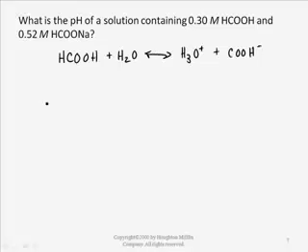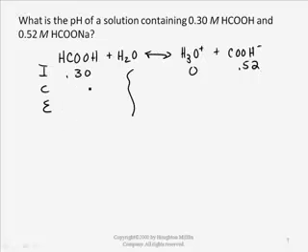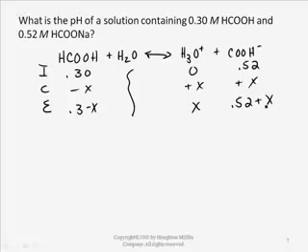So if we did an ICE calculation with this, we would get 0.3 molar here, and 0 and 0.52 molar there. Okay, so minus x, plus x, plus x, 0.3 minus x, x and 0.52 plus x, and so our Ka